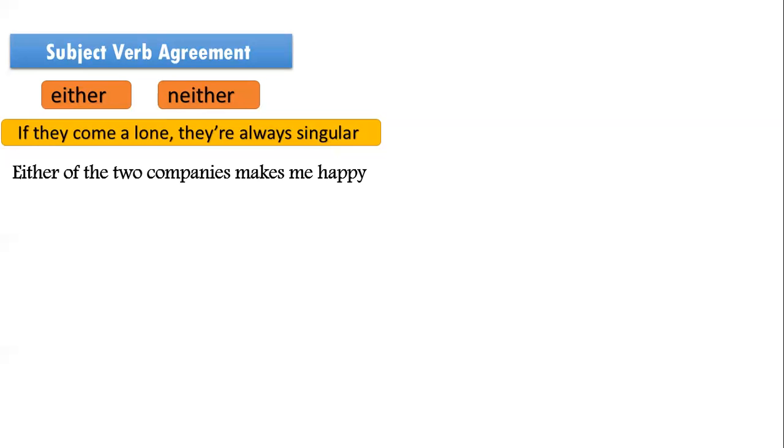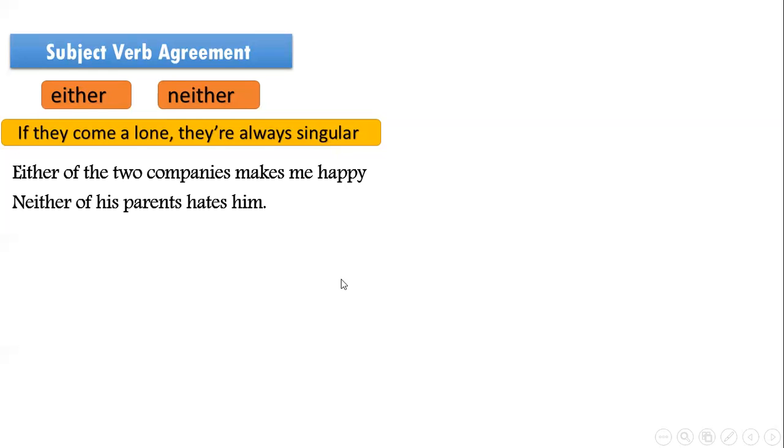Let's see another example. Neither of his parents hates him. Is the word parents singular or plural? Plural. This sentence is perfectly right. So, mister, you said that when the subject is singular, we add s to the verb. But here, the subject is parents. Yes, you're right. But can you see the word neither? And as I told you before, as long as you have the word neither in the sentence, the subject is always singular. So the sentence is correct.